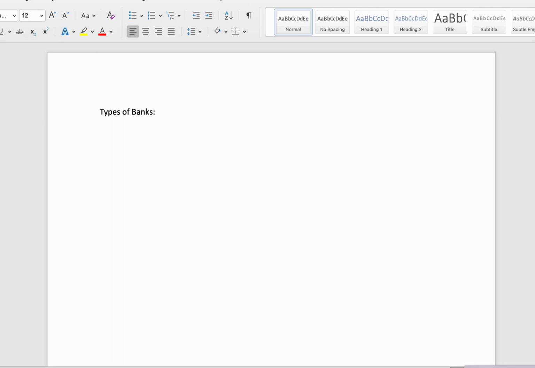Okay, so types of banks. There are five. Four of them you would have read about in that brief little reading on page 9. But here they are. First, the one that was missing, investment bank. You can go ahead and write that into that one spot in your packet. And a good example of an investment bank is Vanguard. Okay, investment banks are very different than the banks you kind of know. They really only specialize in investing. There's a lot that goes on to that, and we'll see that when we visit one of these a little bit later on.